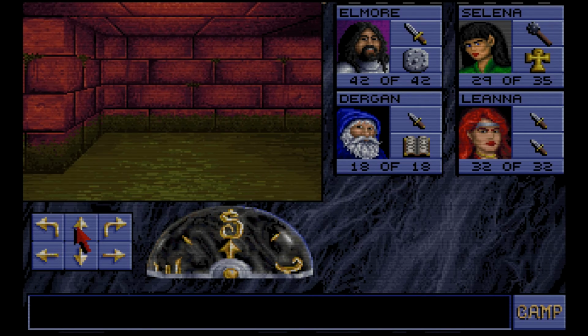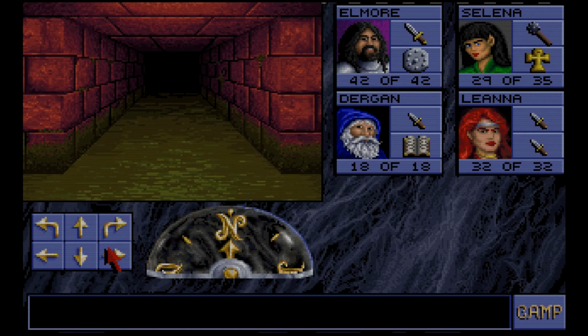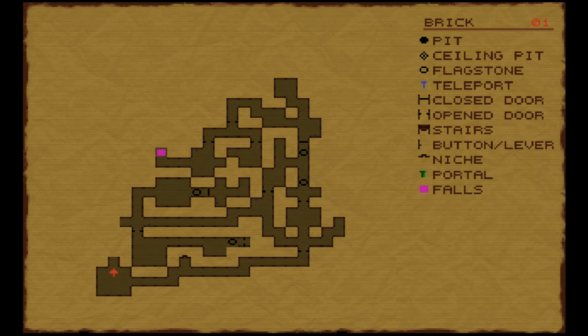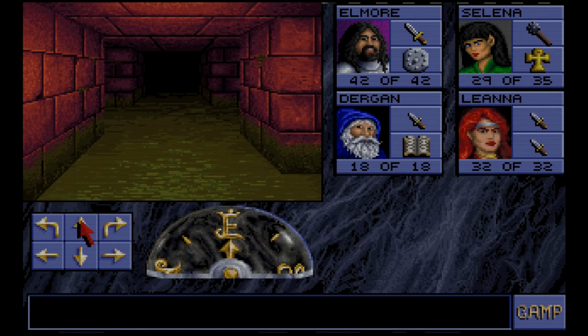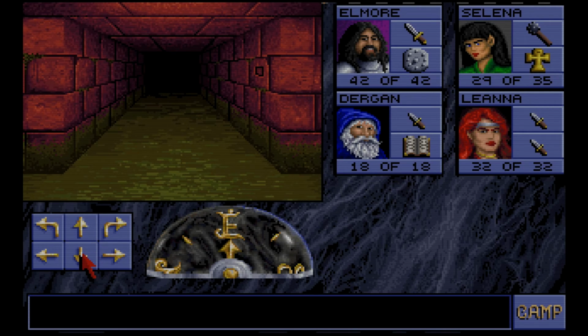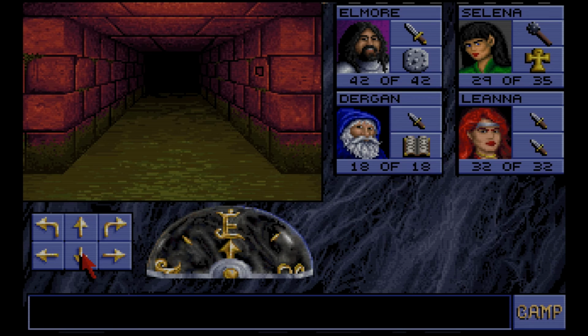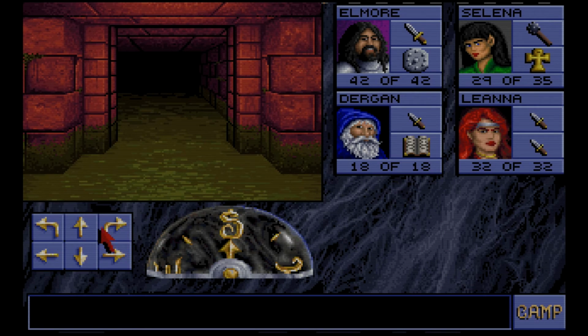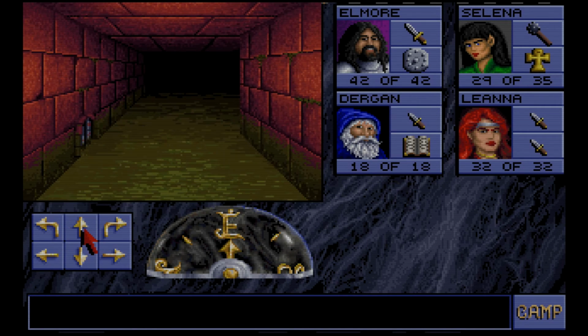Exploring this is useful, by the way. There are quite a few rooms that are completely optional. Wait. Yeah. But that's not necessary. Oh, it just goes in a big circle. Huh. Well, that means we're just done. So much for